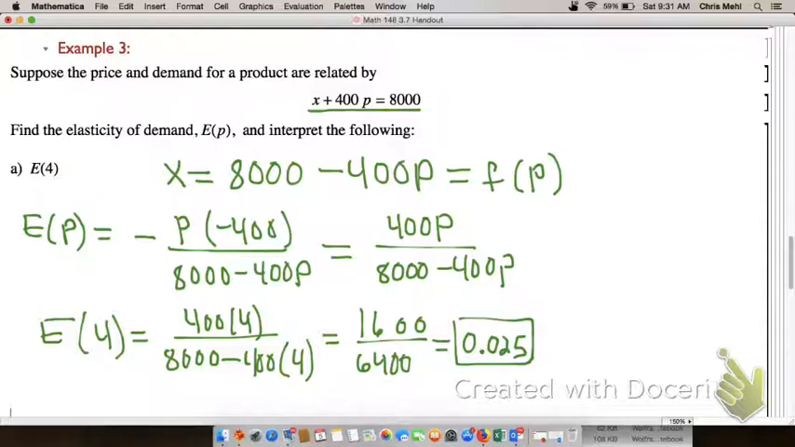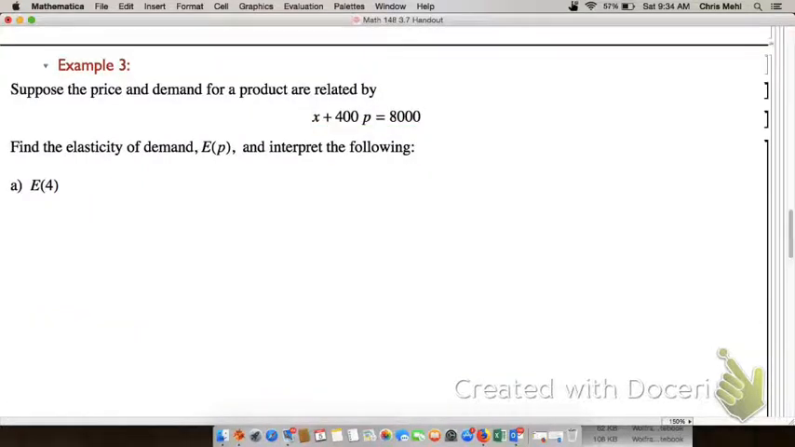Let me suppose that when the price is $4 now, we'll look at a particular percent increase in price, and we will find the corresponding percent decrease in demand. So we just found that E of 4 is 0.025. Now, I'm just making this number up, but if we assume the price P